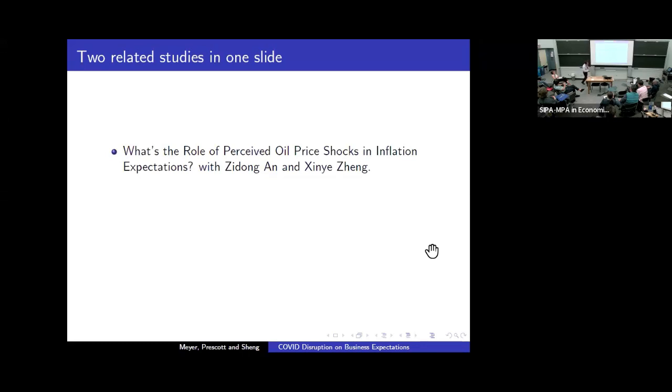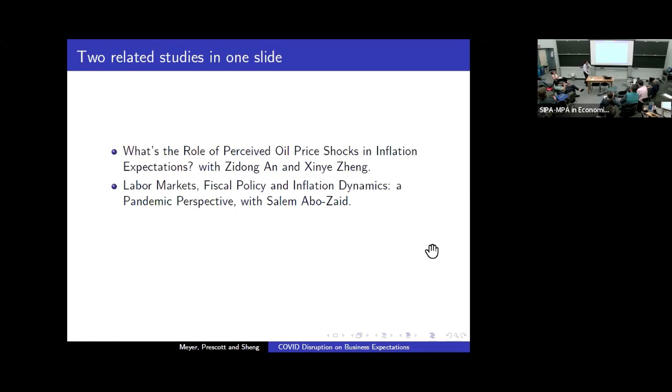That is one paper. Another one is about a labor search and matching model. We try to look at the relationship between labor market tightness and inflation dynamics during the pandemic. It turns out it works well for the US and for a lot of OECD countries, so we propose a labor search and matching model that can explain that. Both papers are available on my website, and these are all working papers. Comments are welcome.